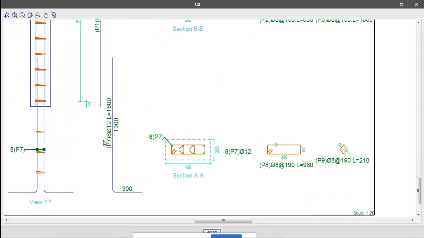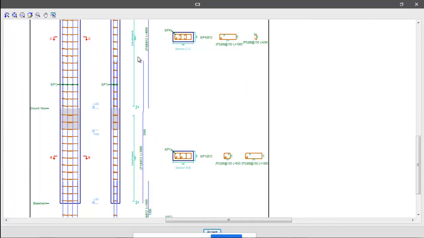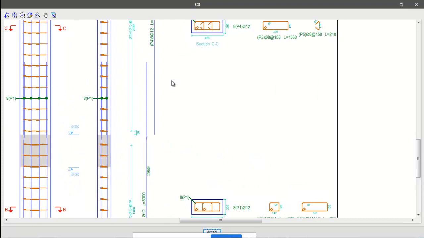For example, it is telling the total length of the bar, so 1600 millimeter. It is showing the straight length of the bar, bend length of the bar. Okay, and this is the lap length. So from here to here, this is the lap length. You can see this is the lap length here. Okay, and at the floor level also, you can see this is the normal floor level, and it is giving you the lap length from here to here, and this length of the rod is actually including this lap length.